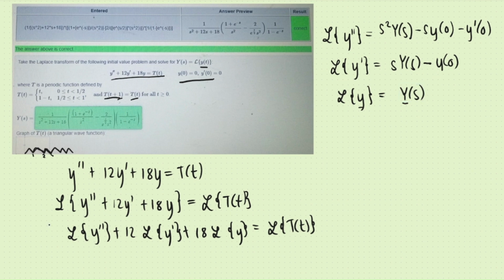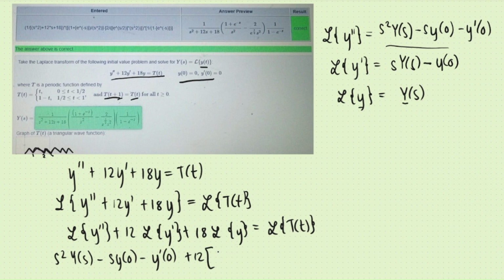Now let's plug these in here. Laplace of y'' is this one, so we use that: s² Y(s) - s y(0) - y'(0)